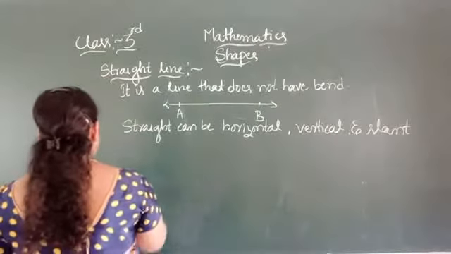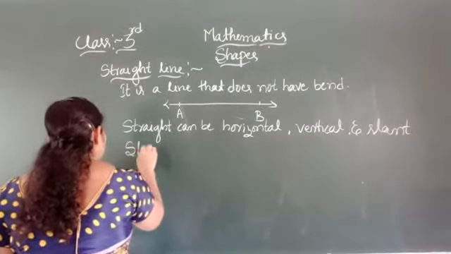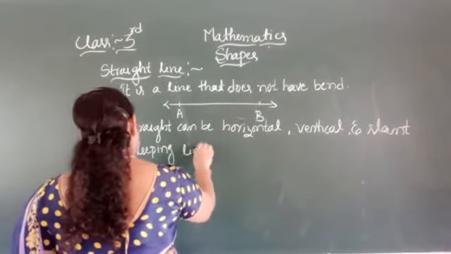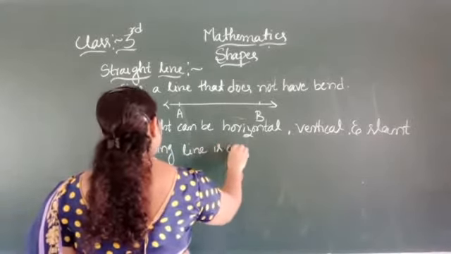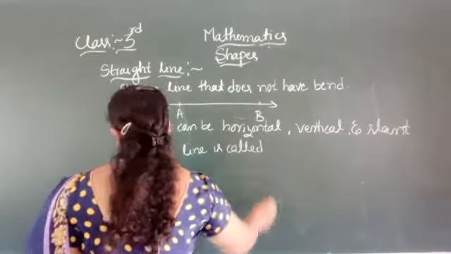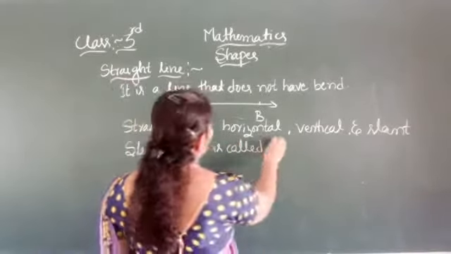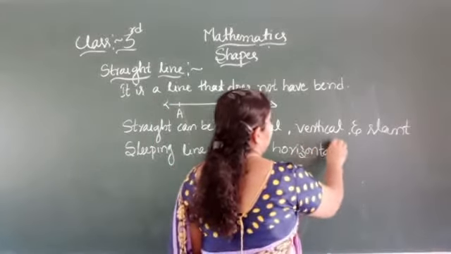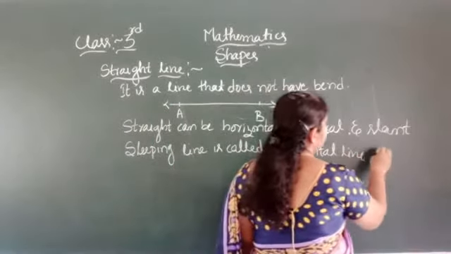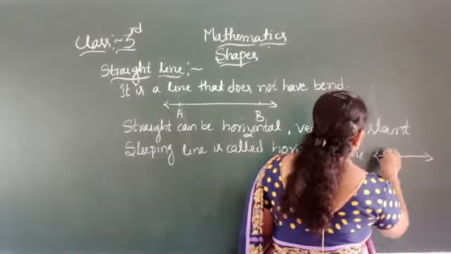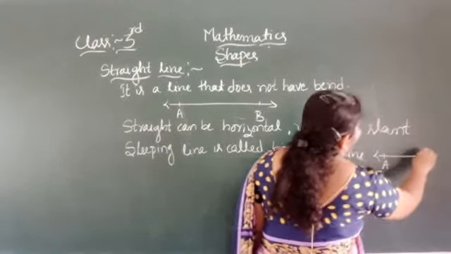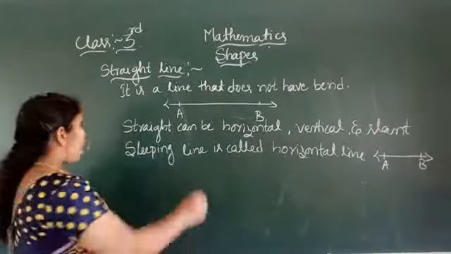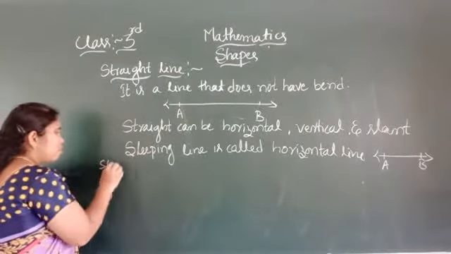How is it? See, like that. This is horizontal line. Okay. Then standing line is called